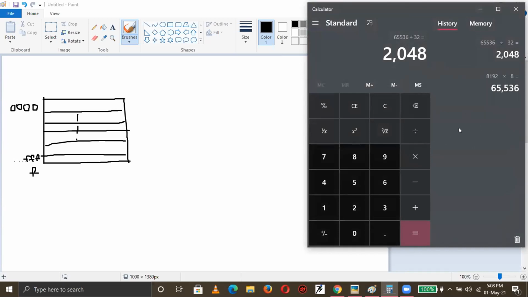So 0x with 5 zeros and then 800. Correct? Yes. So coming back to the diagram here, from 0 in the paint.